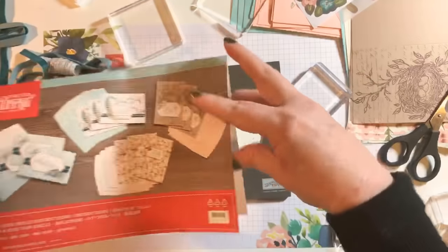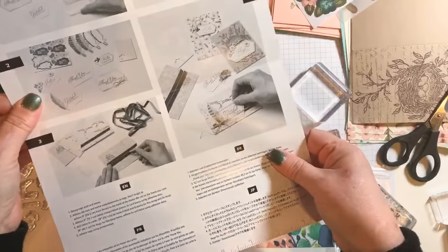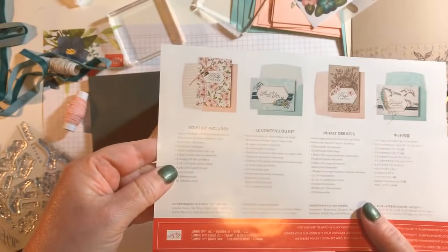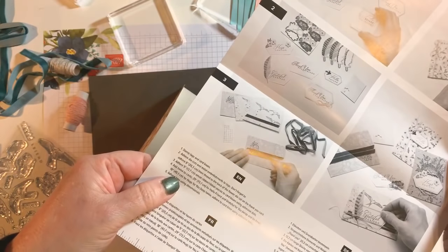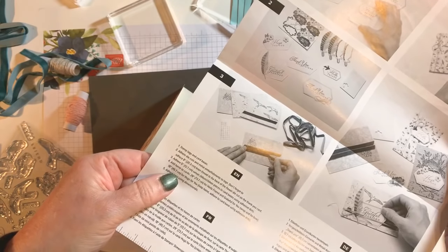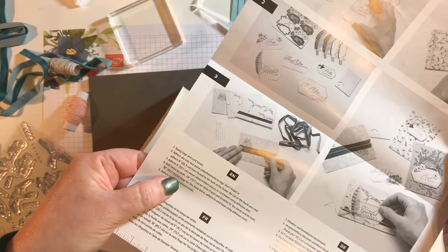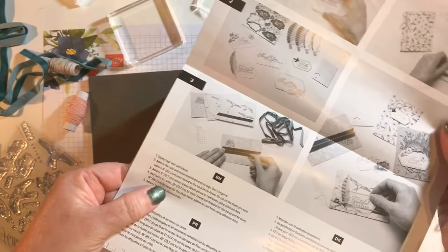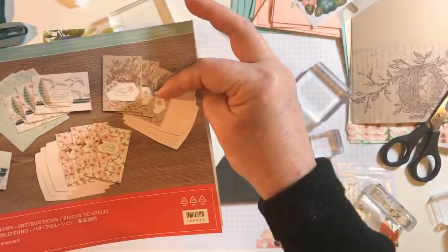All right. So let's see what else the instructions tell us to do. We need to cut, usually it tells you how much to cut for each card. Yikes. Okay. Linen thread to the back of the flower die cut. Twine to the Hello Friend. All right, so what's 29 inches for the Hello Friend card. Okay. So,